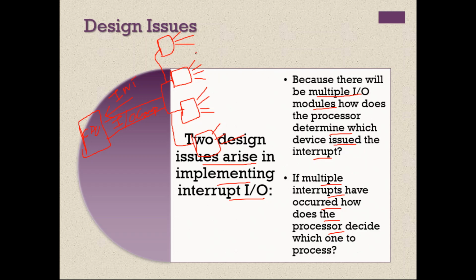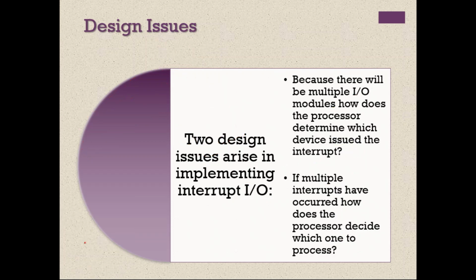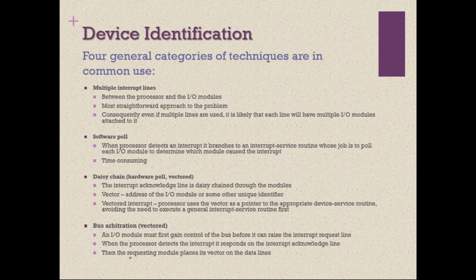The second question is, say at a point of time, two IO devices, device 1 and device 2, both complete an IO operation at the same time, and they are enabling this line at the same time. Same time in the sense with a little difference. Say this one is sending first, and immediately this one is also sending. Now in what order should the CPU process them? These are the two design issues and how to handle them. There are several ways, basically four ways, to handle that. Each one of them has its own advantage and disadvantage.